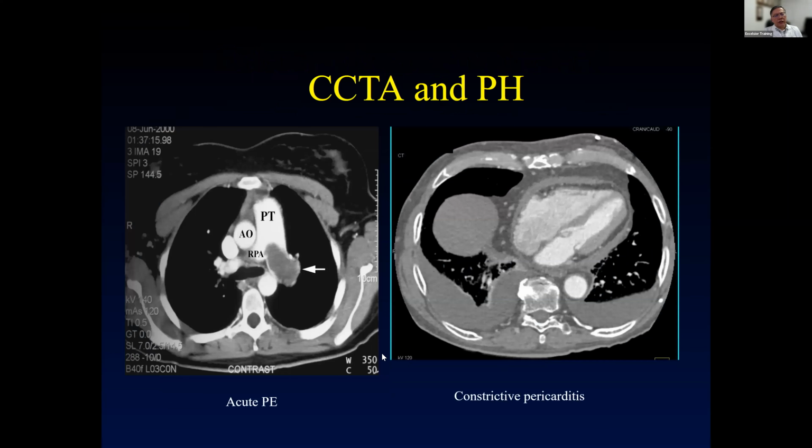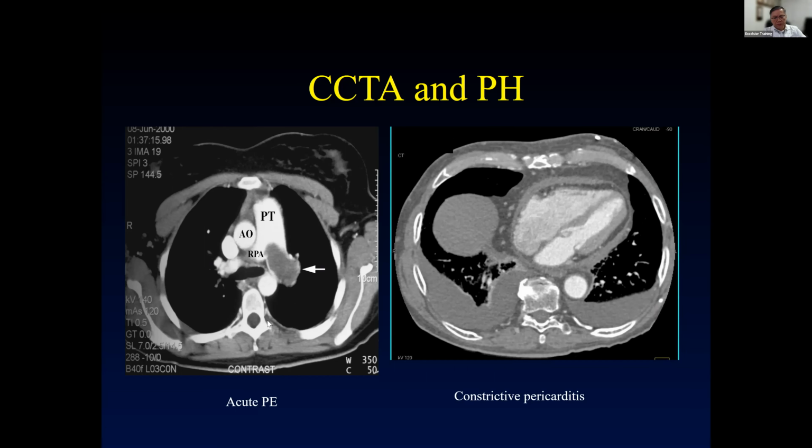CT scan is very useful. We use it to diagnose many lung conditions. In pulmonary hypertension, one of the major causes of pulmonary hypertension is pulmonary embolism. So this is a clot sitting in the right PA and is obstructing it. It's actually a patient of mine that I saw many years ago who took a birth control pill and developed